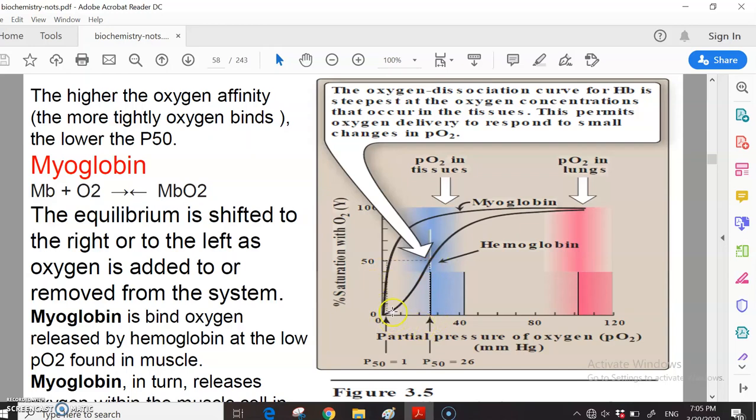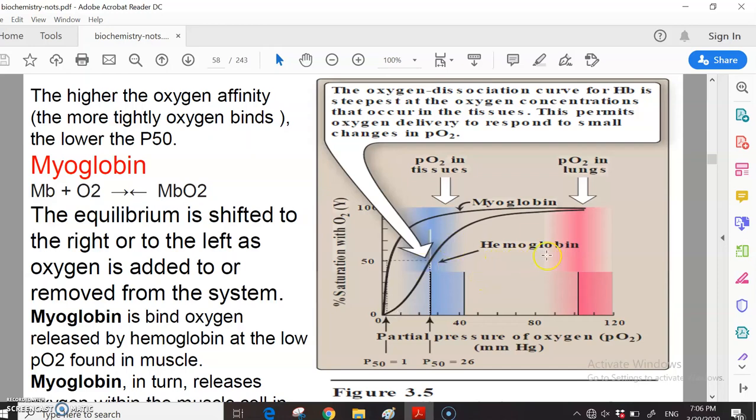So at low pressure, this pressure is in tissue. At this pressure, myoglobin can bind with oxygen, بينما hemoglobin releases the oxygen which is